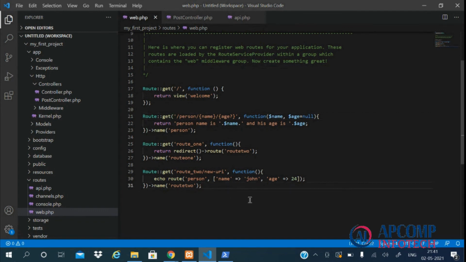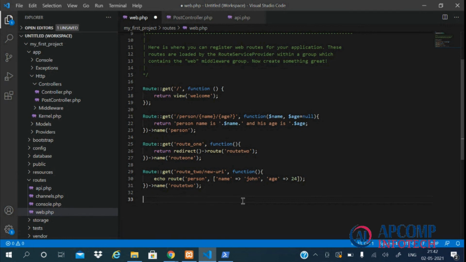So next comes the route grouping. So why this grouping is necessary? Sometimes we have many routes which share some similar properties, some common properties like middlewares or names or prefixes. So for this we can group our routes in Laravel by using the group method.